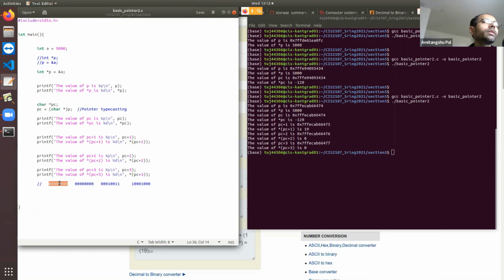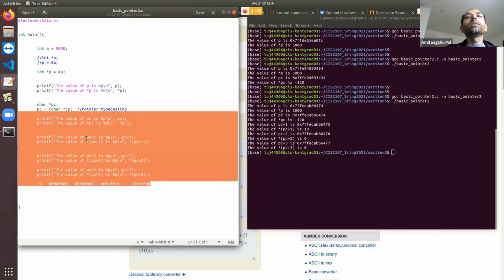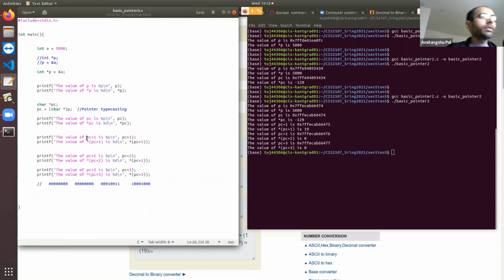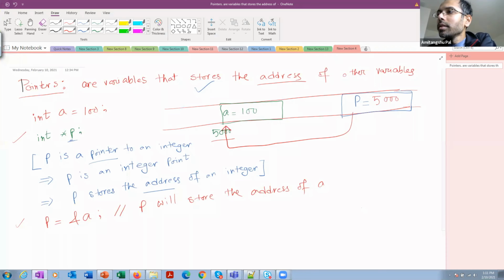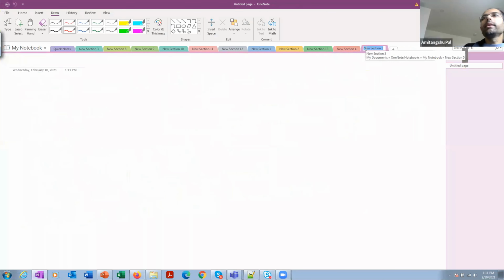For that, let's try to understand another concept, which is about big endian versus little endian and what my computing system is following, so that we can understand this problem in an even better way. Clear? Some of you might know what big endian and little endian are. For everyone, let me quickly summarize the idea.